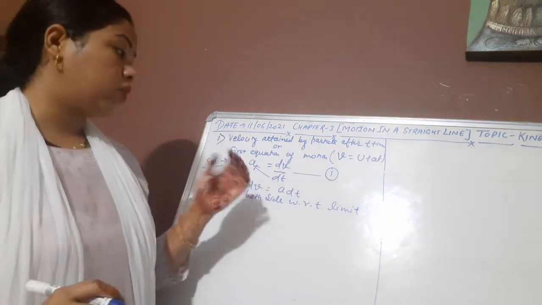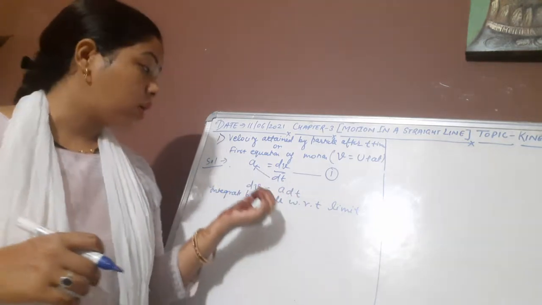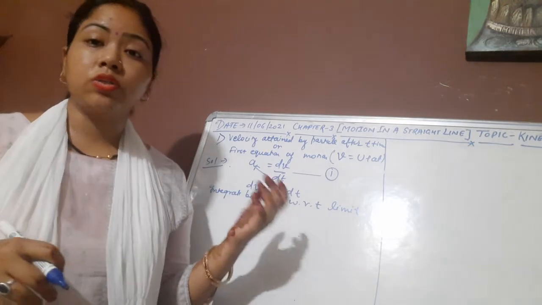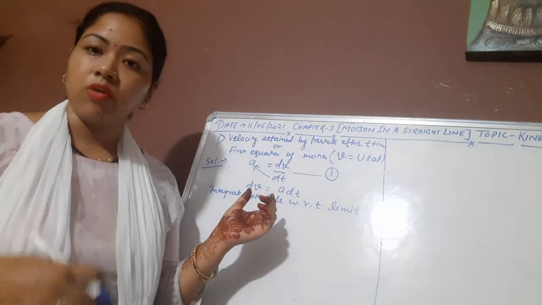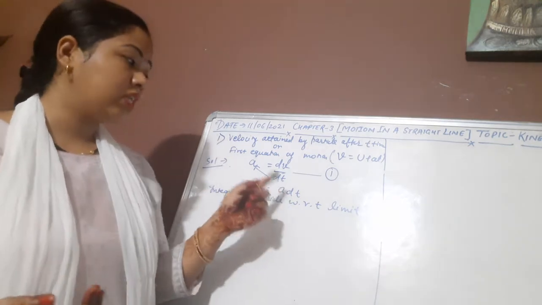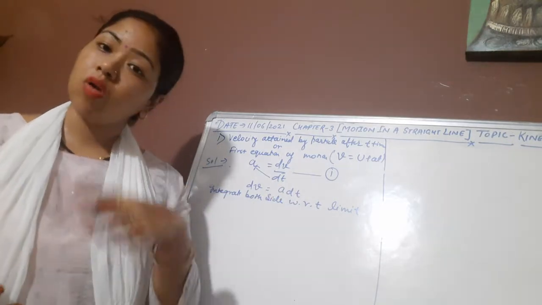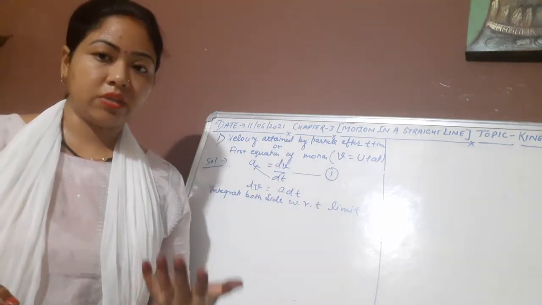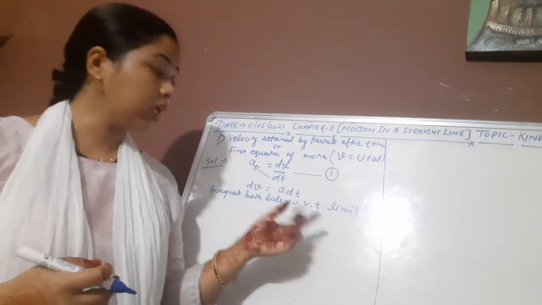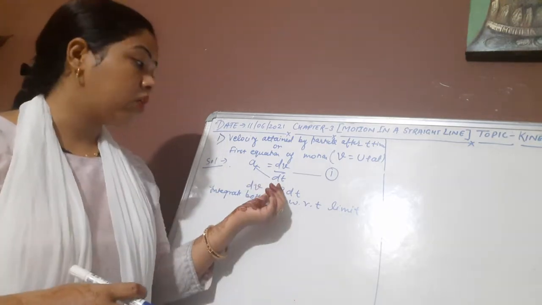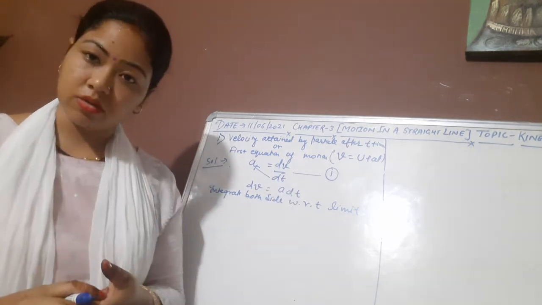Right? So always remember one point: whatever derivative we have on the left side or the right side, we can take the limits of only those derivatives. That means if you have the derivative of v on the left side, then we have to take the limit of v. On the right side we have the derivative of t, that's why we will take the limits of t. So always remember one point: the limits must be taken only for the term whose derivative you have. Here we have acceleration, but we do not have the derivative of the acceleration, that's why we will not take the limits of the acceleration, right?